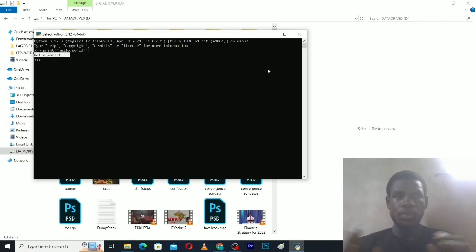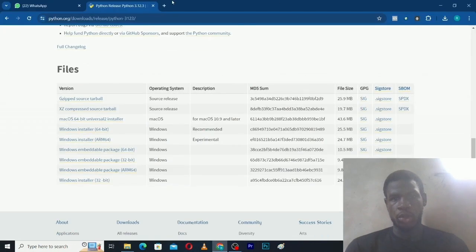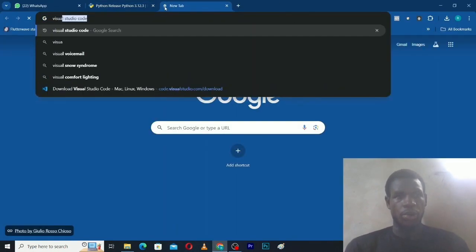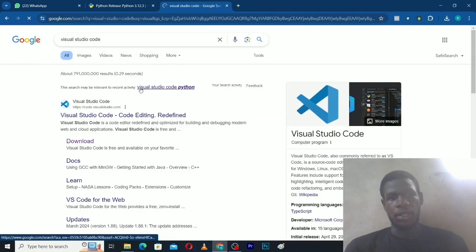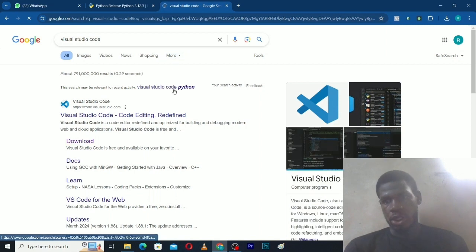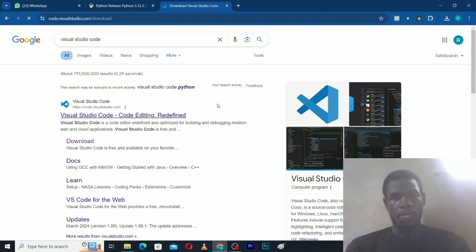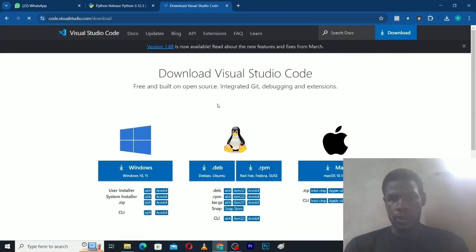Throughout this course, we're not going to use this. There's something called Visual Studio Code. That's what you want to use for training on this Python. So this is it. I'll search for it, then download it. This is what I want to use to work throughout this course. So I'll download it for Windows,